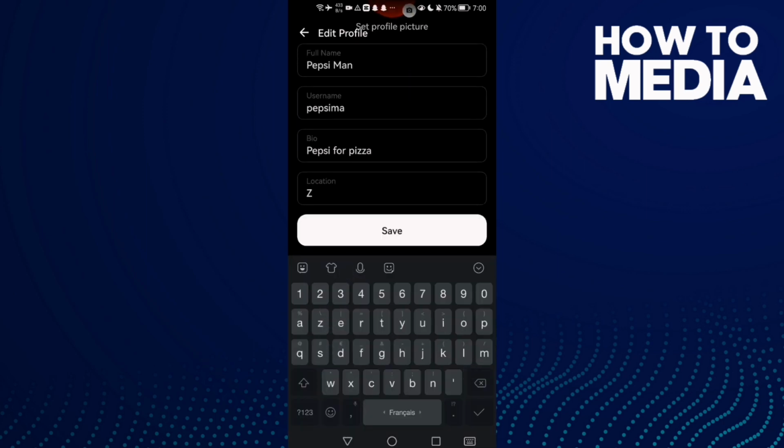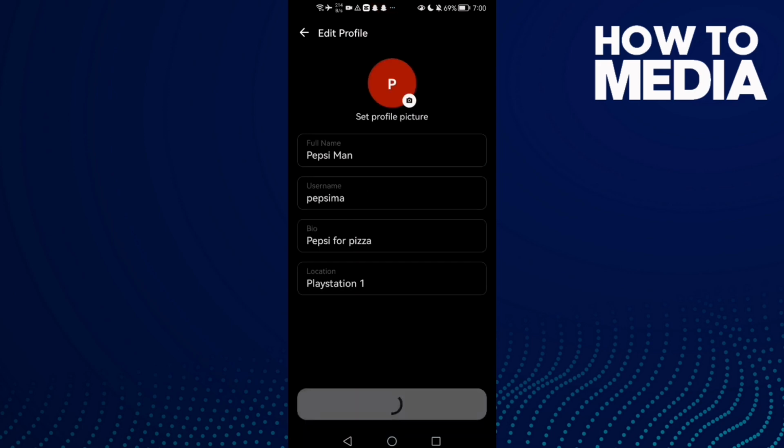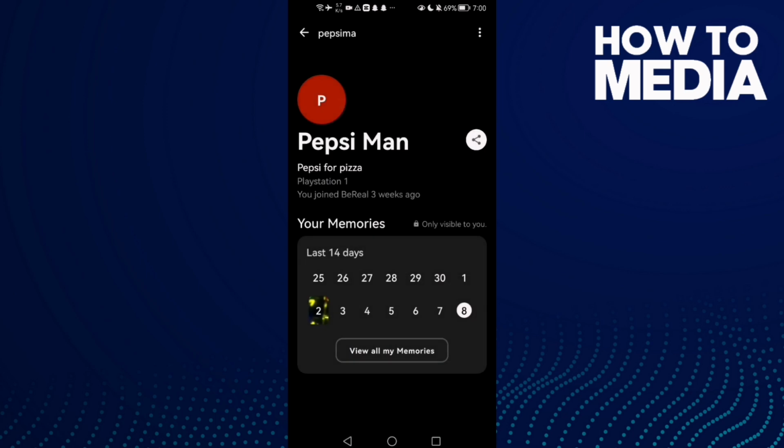Now just type here any location you want and click save, and that's it. As you see,